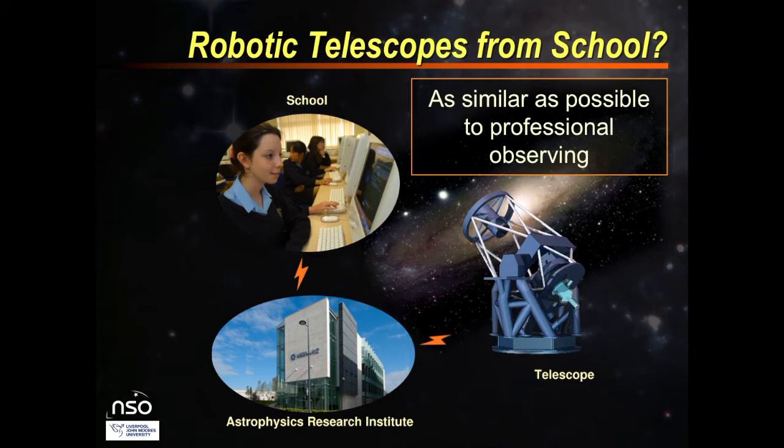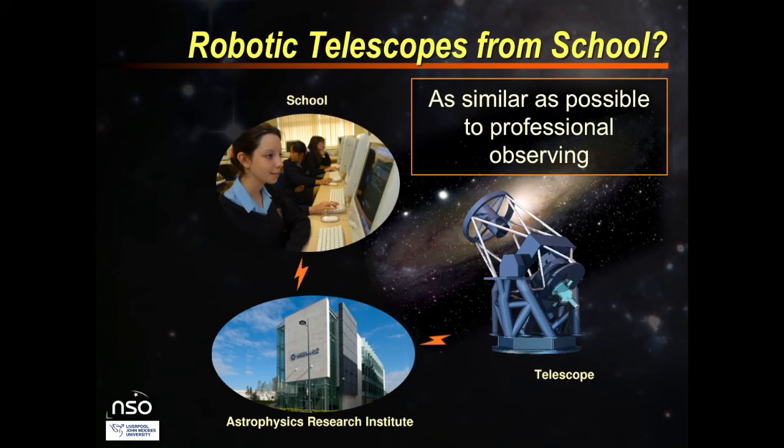And so you and your students will be going through the same process, deciding what they want to observe, the details of the observation, the filter, the exposure time, the object to observe, and so on. That will get sent out to the telescope, along with all of the requests from professional astronomers, and then the telescope will do their observations at the best possible time. So they're not controlling the telescope live, they're not taking over control of the telescope, but they're working alongside professional astronomers.